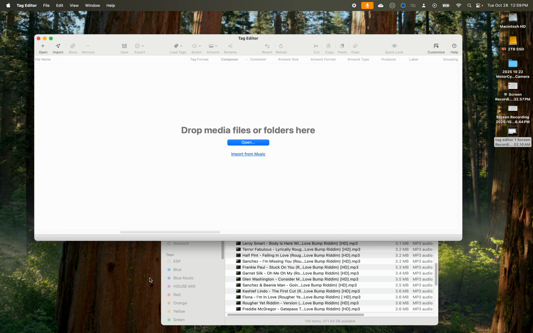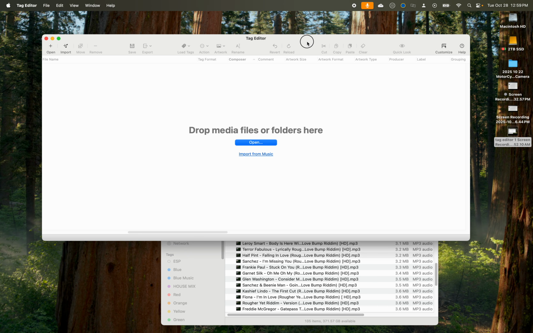Today we're going to go over how to use the tag editor. What the tag editor is designed for is to organize your MP3s in names, albums, and graphics if you want to put pictures on it. But the main purpose for me as a DJ is to organize your music as clearly as possible